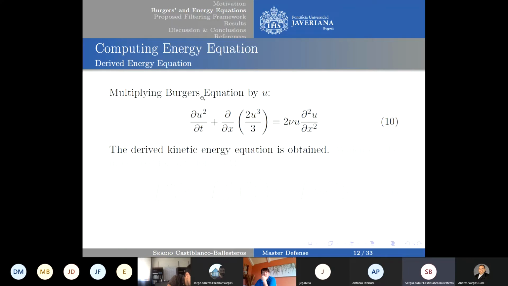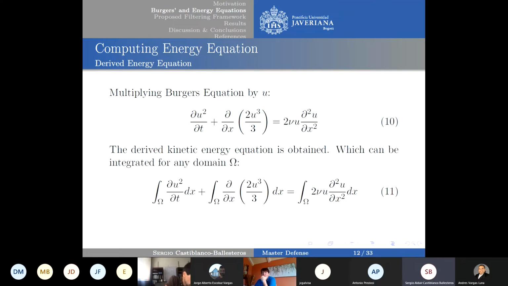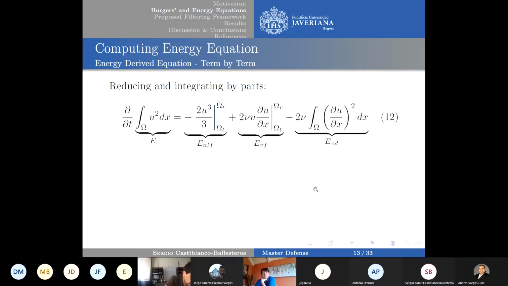To do that, we need to compute the derived energy equation, which is obtained by multiplying Burger's equation by U. This function can be integrated over any domain omega in order to get the energy's global behavior. Reducing and integrating by parts, this equation is obtained, in which every term is related to a portion of